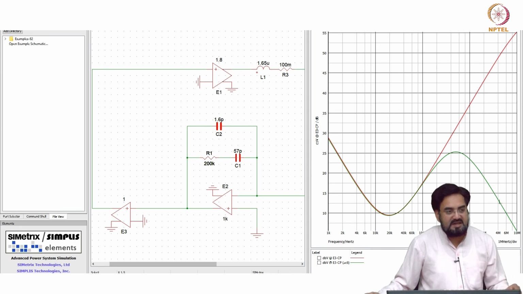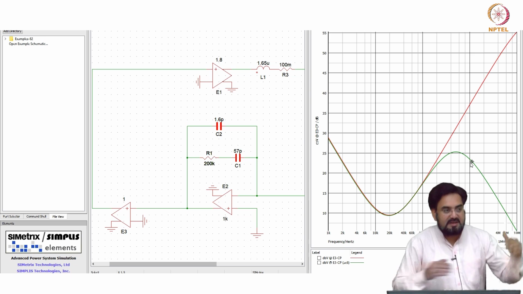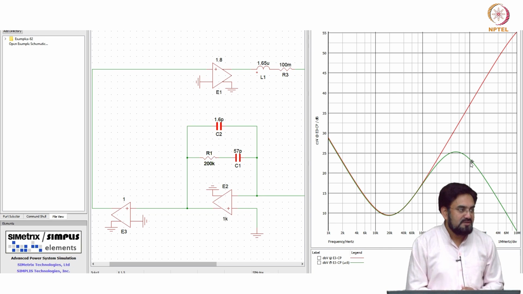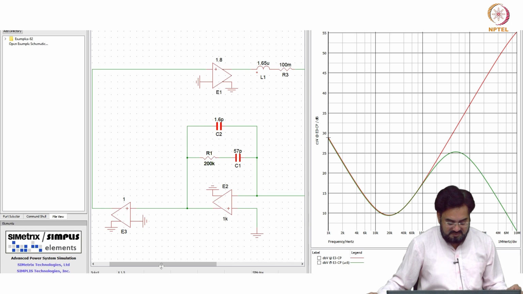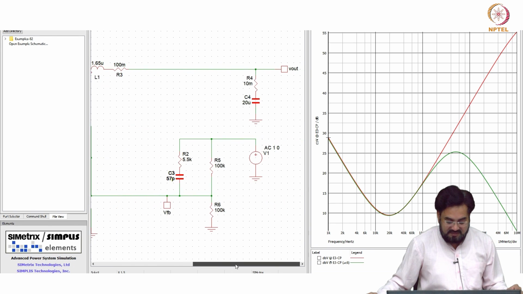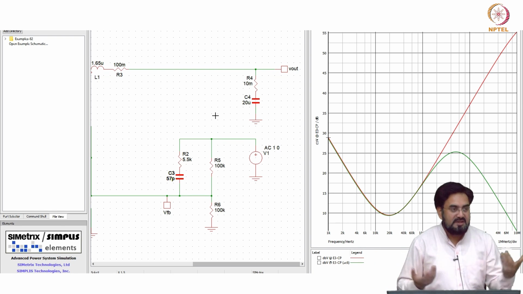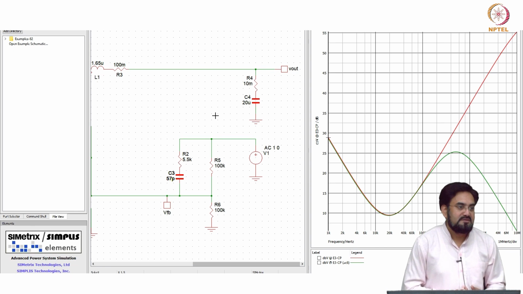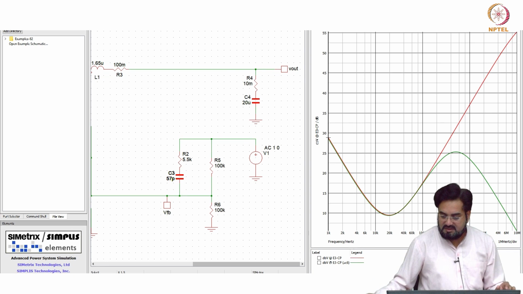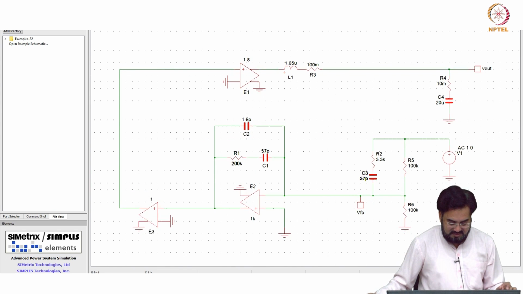So maybe a 7 to 8 times difference you can see. And what is happening at 1 megahertz? Switching frequency. So you will see a large ripple being passed by this, and not only passed, but getting amplified. This is also amplifying, but the amplification is reduced. We know that 1 megahertz is 10 times higher than omega UGB, so even your loop will not suppress that. If it was a lower frequency, it would have been suppressed, but it will be fully passed. So we can see the difference here.